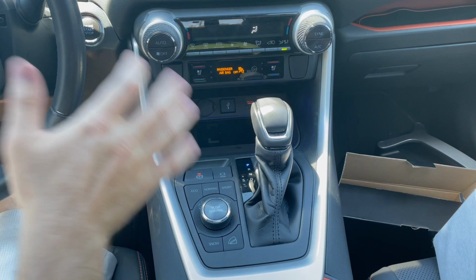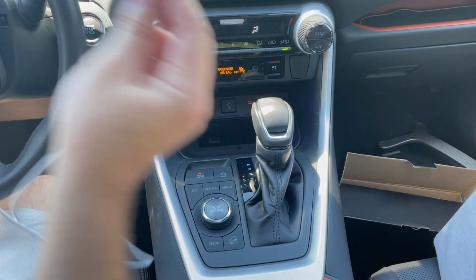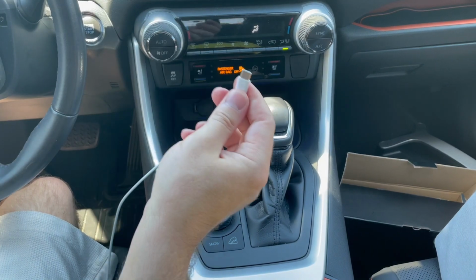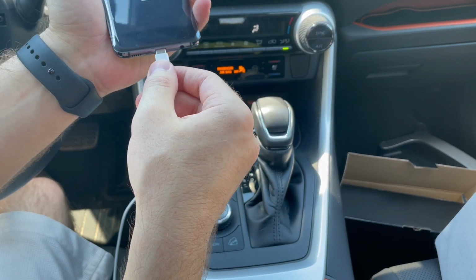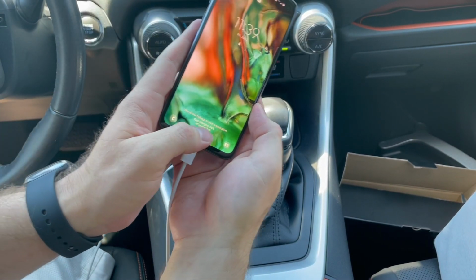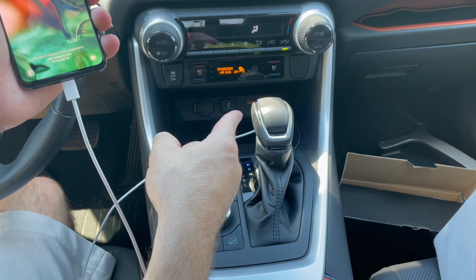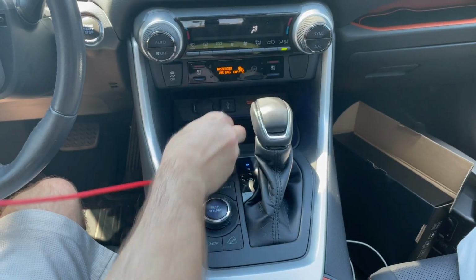I have the Rav4 in accessory mode right now. I'm going to plug in my USB-C to the USB-C port. And then I'm going to plug this into my Samsung phone. I said iPhone, but I'm going to do Samsung first. So it does charge. It says fast charging as well on the Samsung. This is an S10e. So the USB-C does support fast charging. Seems pretty good. I will now plug into USB-A